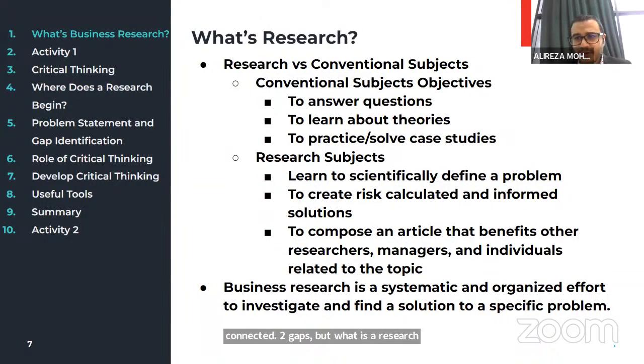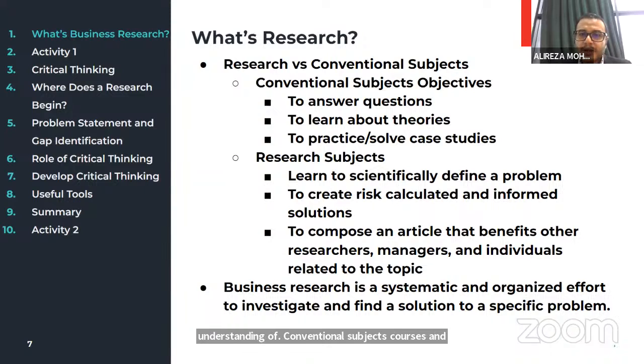Have you thought, or you hear it a lot on news here, there, in school, from Malaysia? What is a research? To answer that, let us go a little bit deeper into understanding of conventional subjects, courses, and research